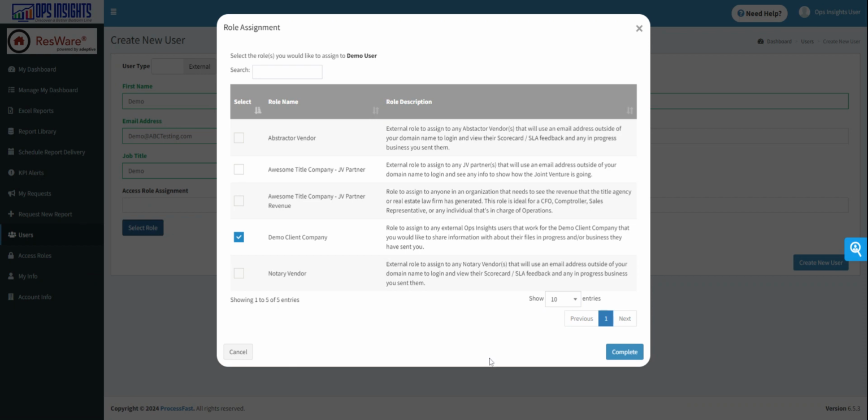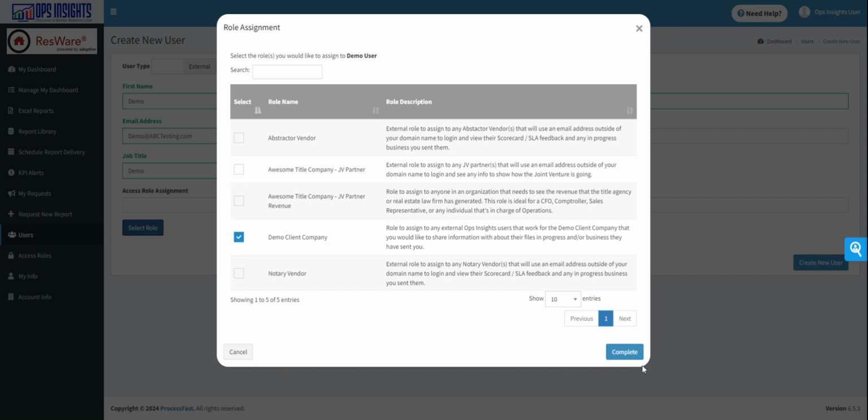So if you have investors and you want to share some operational metrics with them, or if you want to share some revenue metrics with them, or however you want to pair it up, you can do it in any way, shape, or form. So that's the great thing about roles. They're very extensible. You can assign any report that you want to the role,